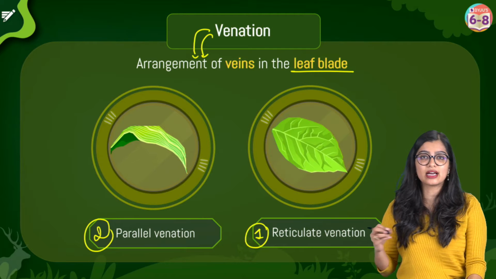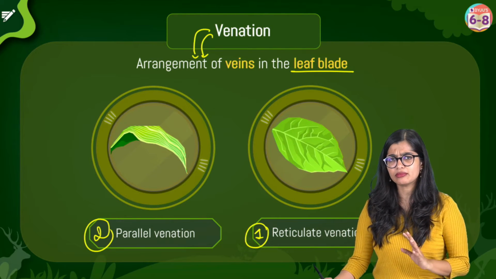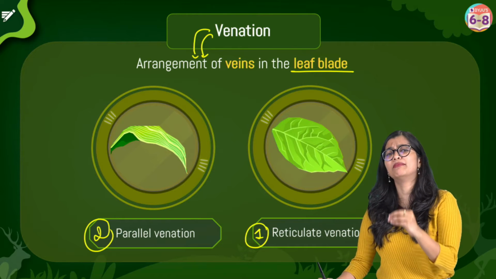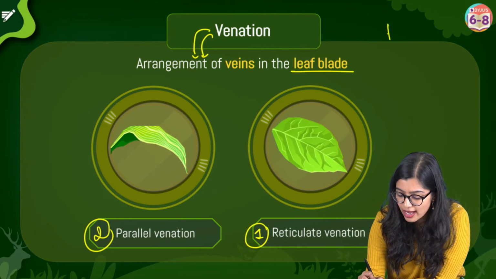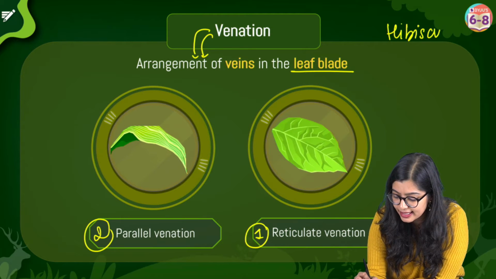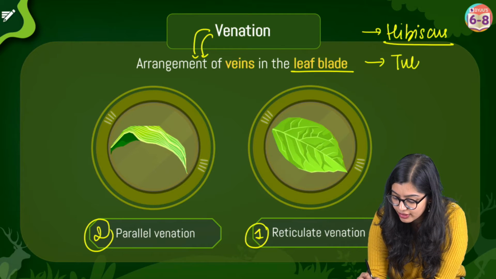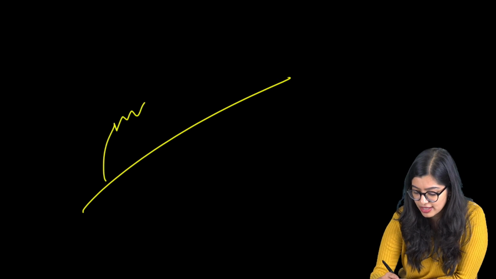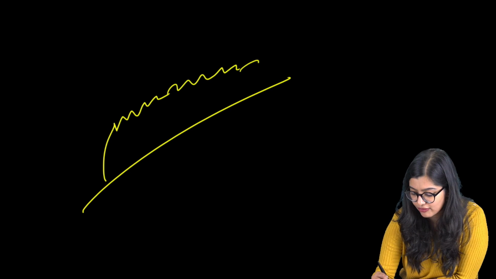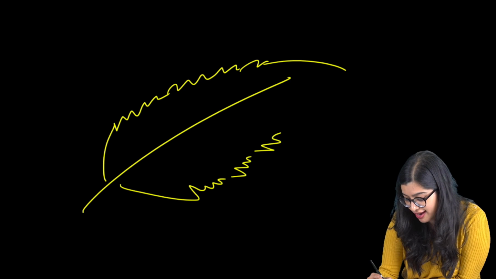Yes? So let's understand this in proper detail by taking an example. Now I am sure that many of you would have seen either of these two leaves, right? You would have either seen a hibiscus leaf or you would have seen a tulsi leaf, right? We would have all observed these leaves. Now when you look at it, I'll just draw it roughly. So imagine I am drawing a hibiscus leaf roughly. Yes, so please don't mind my diagram. I'm drawing it pretty fast, right?